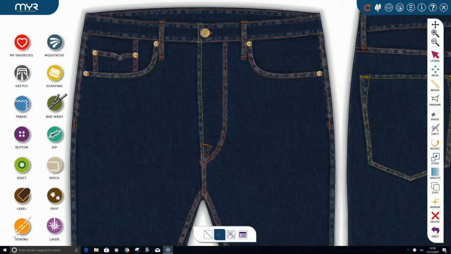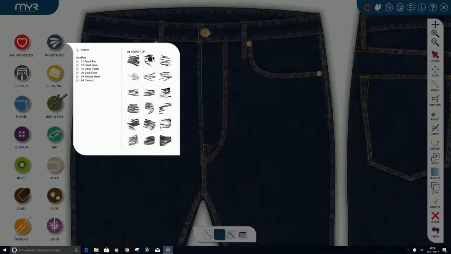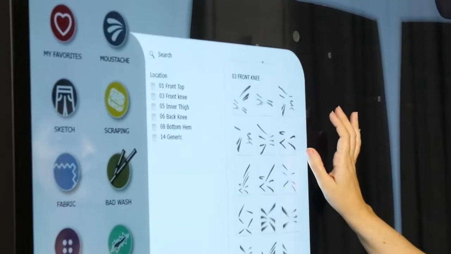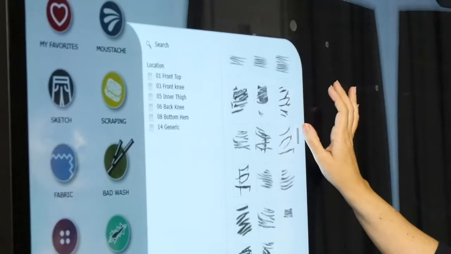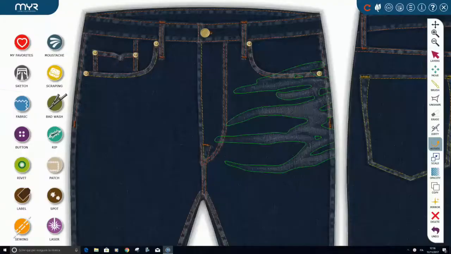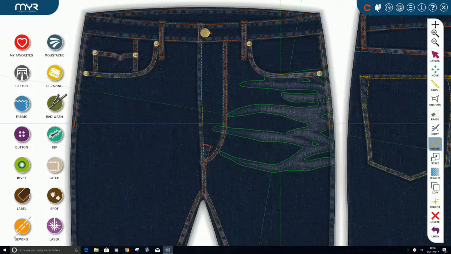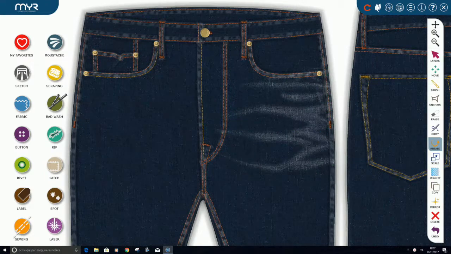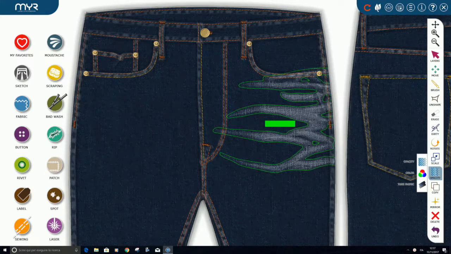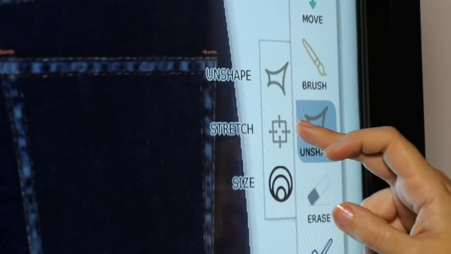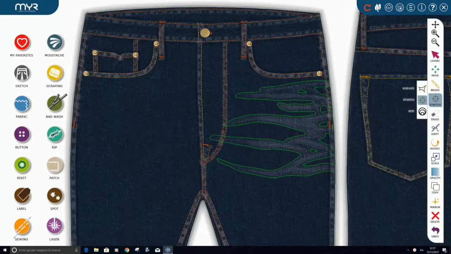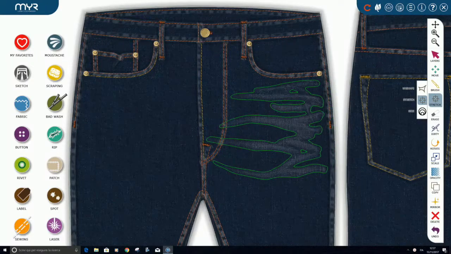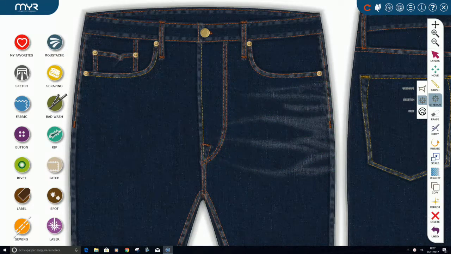Now, let's start with the laundry effect. So, we have a big archive of moustache, so we can, for example, choose from our big archive different templates, and we can customize them rotating them. We can, with the opacity tool, increase or decrease the intensity. We can stretch them as well to adapt to our fit, or we can also, using the unshape,